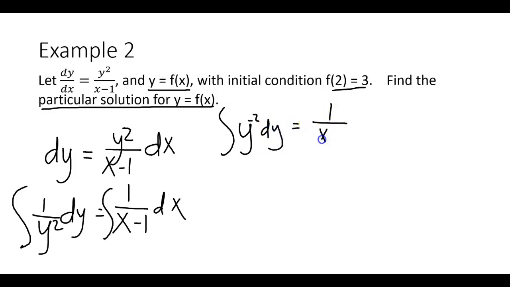Over here for this one, this is going to be a u sub problem on this side. So let's start with the left side here because it's a little bit easier. To do this one, the first thing I'm going to do is add 1 to the power. Now, if you add 1 to a -2, you get -1. And then you also divide by that value. And we're done. I've integrated it, okay?